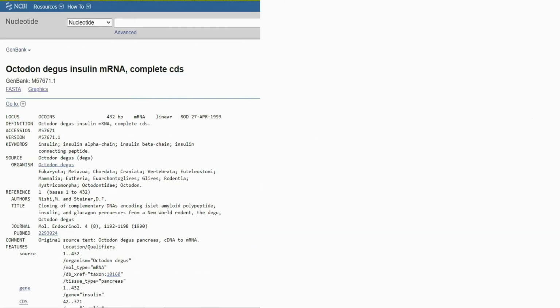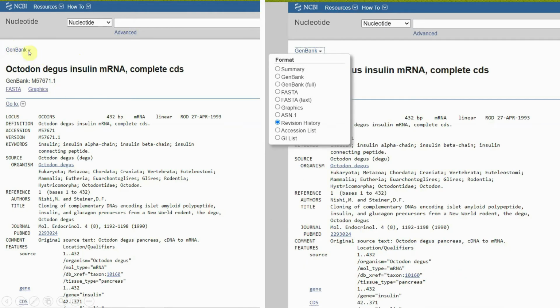So now, this is what I wanted you to see. This is the same sequence we were talking about. I chose the octodon insulin gene sequence for this entry. You can see that by default, it has opened in a format called GenBank. And when I click this drop-down menu, I see that NCBI itself is providing you the same sequence in